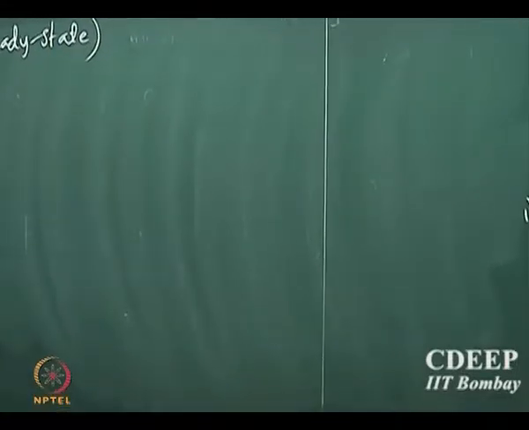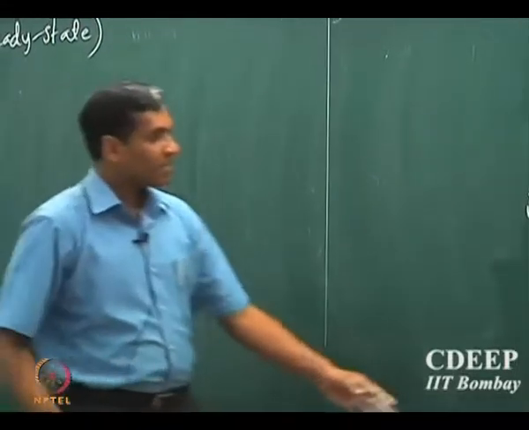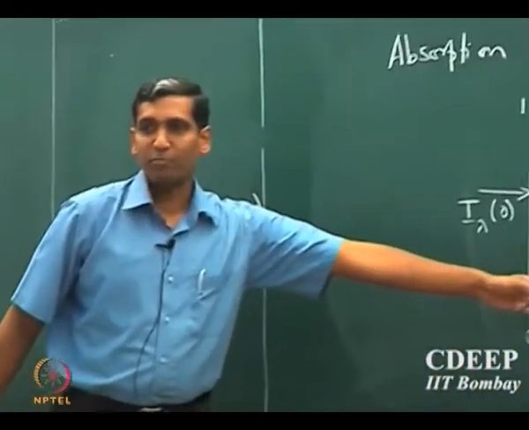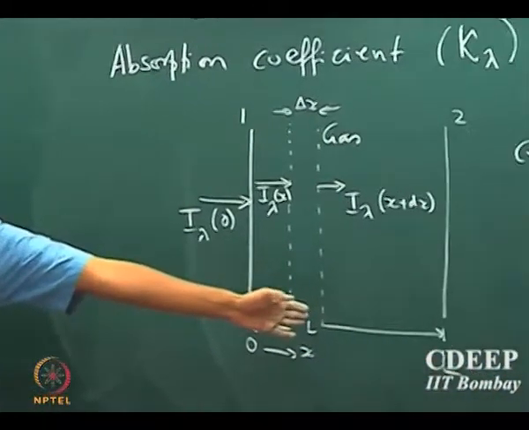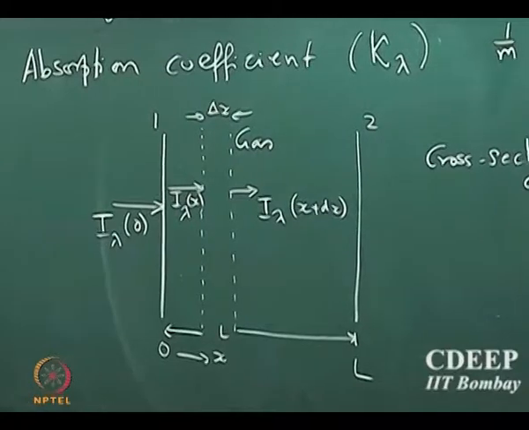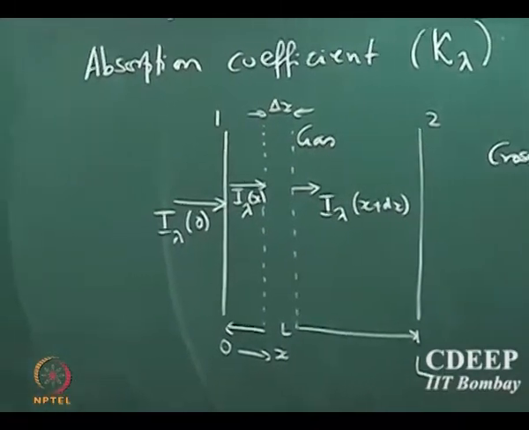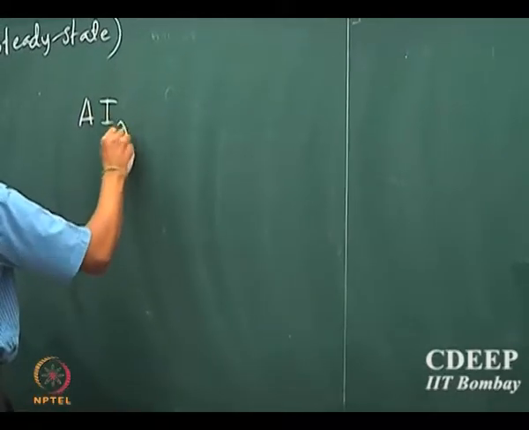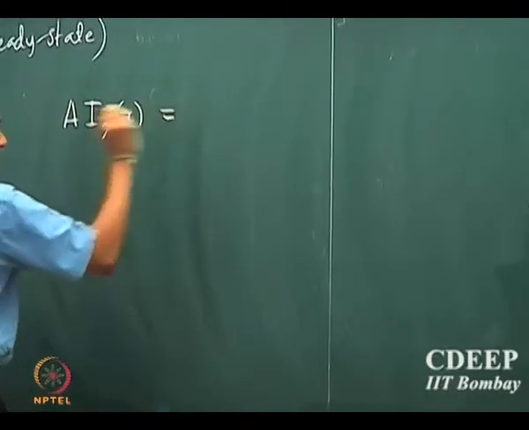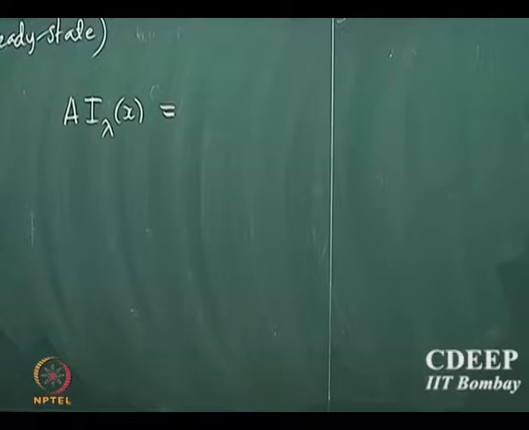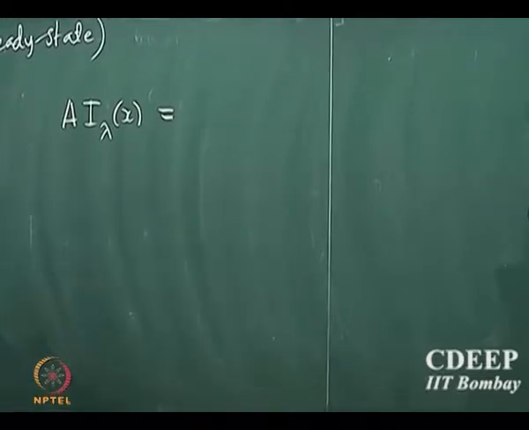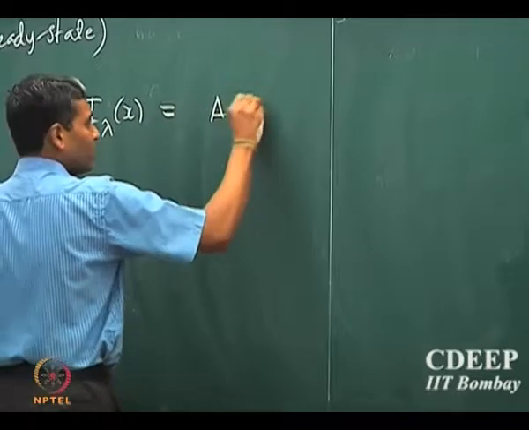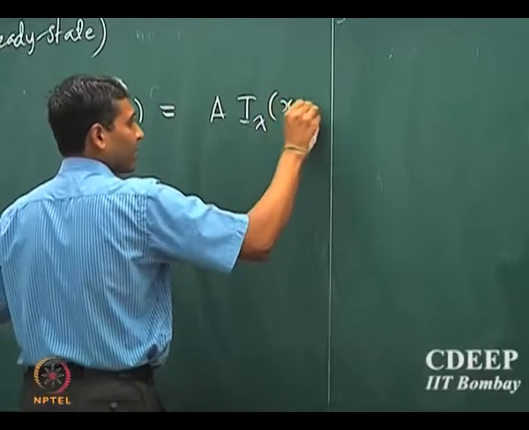Assume steady state, then whatever enters this element should be equal to what leaves the element plus whatever is absorbed. So that will be A times I lambda x, the net rate at which radiation is entering that element, equal to area into I lambda x plus dx